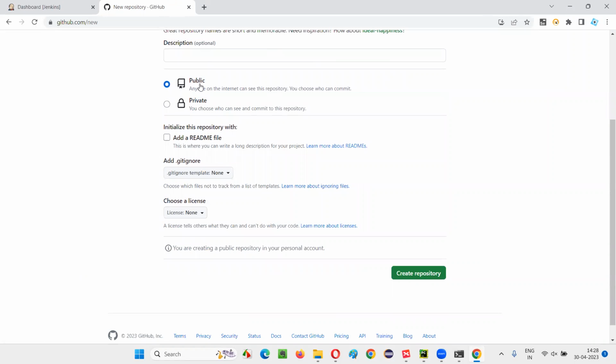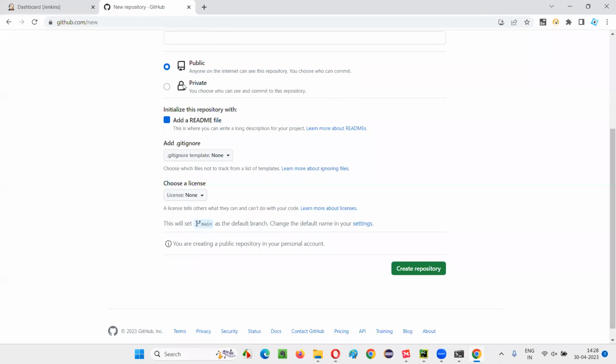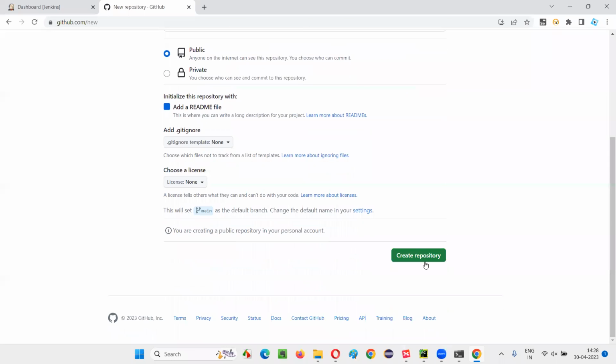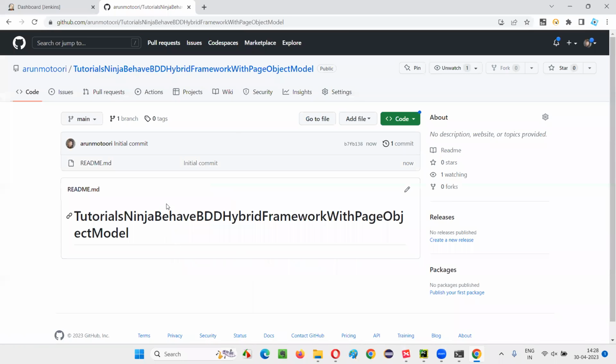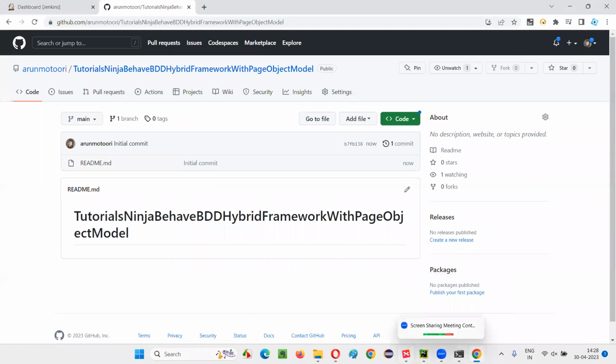That's okay. I'll set it to public because it's free. And now I'll add a sample file instead of creating a blank repository. I'll select this readme and say create repository. Done. The repository got created with this sample readme.md file. Once the repository got created, for the next thing,